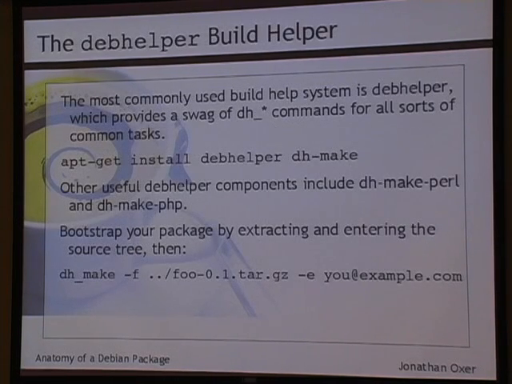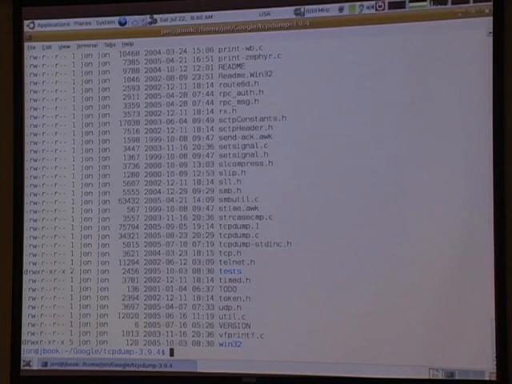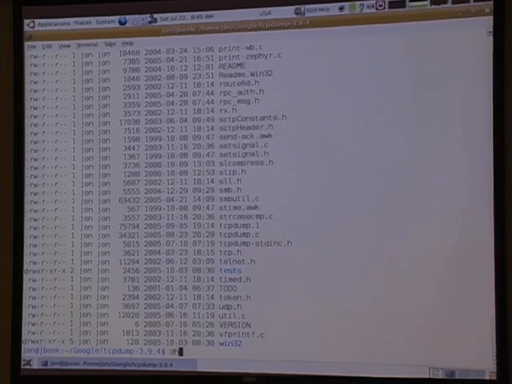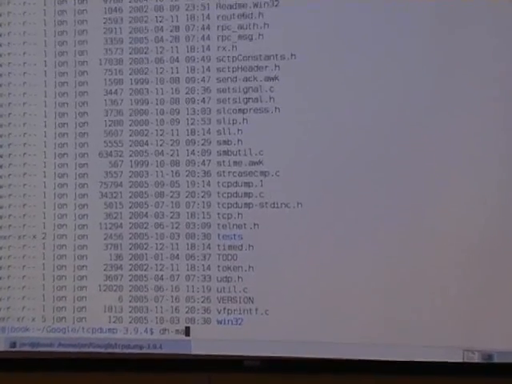So there are a whole bunch of build suites around that you can use. Deb Helper is probably the most popular one. It's been around for quite a long time. So install Deb Helper and dhmake, and then we'll use dhmake essentially to bootstrap an architecture around this that we can use to build a package. So if we do dhmake,